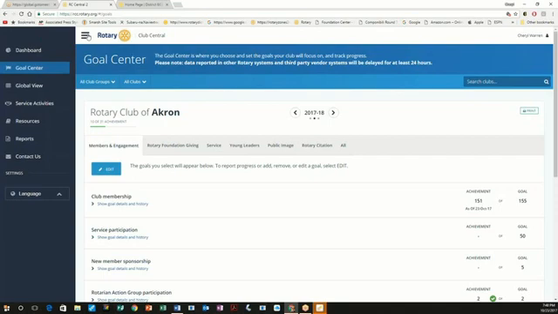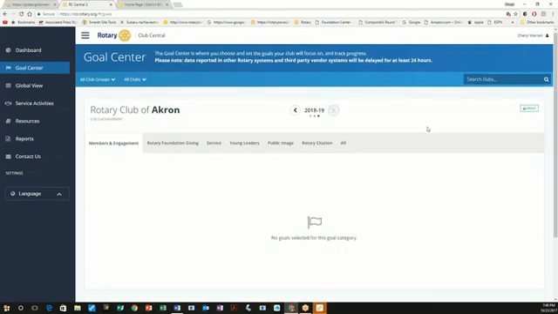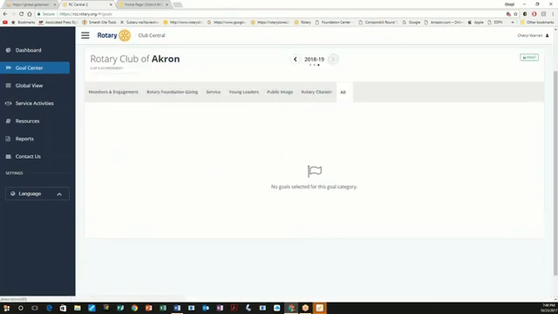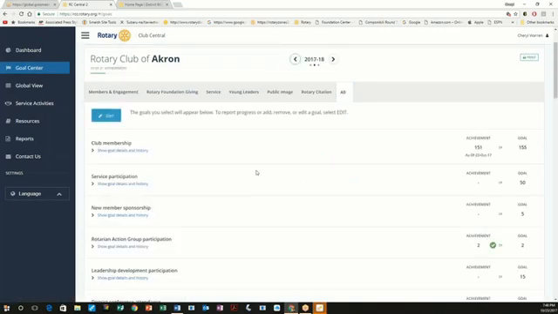And as Beverly and Cheryl have both mentioned, we're rolling out more and more goals each day related to your year. We're almost there with all of the goals for the 18-19 Rotary year. The one section that we're holding back on is the Rotary Citation, because that won't be announced yet until at least after the International Assembly. Your governors-elect will hear more information about that, and then we'll fill in that section. But just be aware that a lot of the goals that Cheryl showed you today are going to repeat again for next year, so you can already start to think about them, even if they haven't yet shown up on the tool.